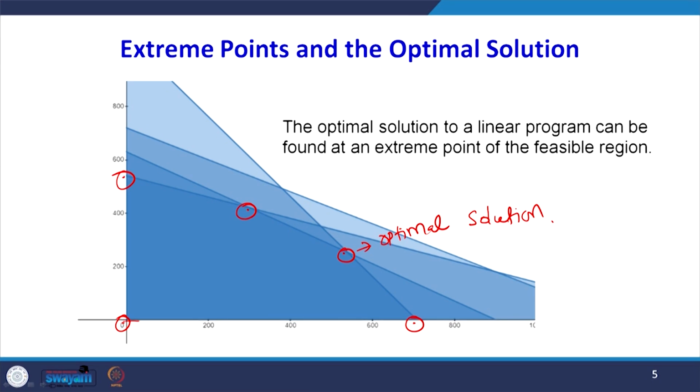When you look at this space, this is our feasible region. So what it says is that one of the solutions will lie on these extreme points.